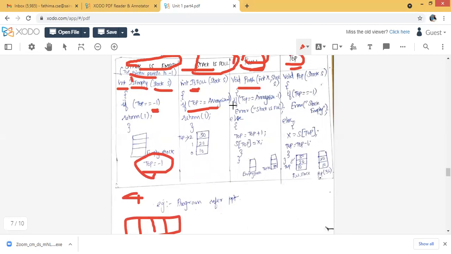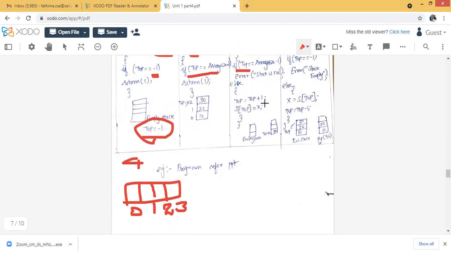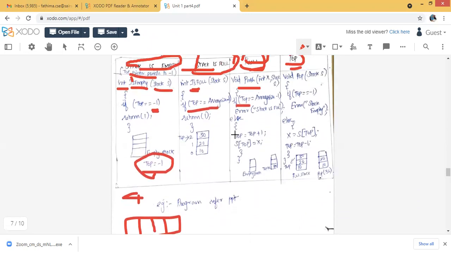So I have to include these condition routines inside the push as well as pop. In the push, I have to insert that condition of stack. I have written the routine: if top is equal to array size - 1, and if the condition is satisfied, it throws the error that the stack is full. Otherwise, it increments top and then puts the element. So we will see this using one example.